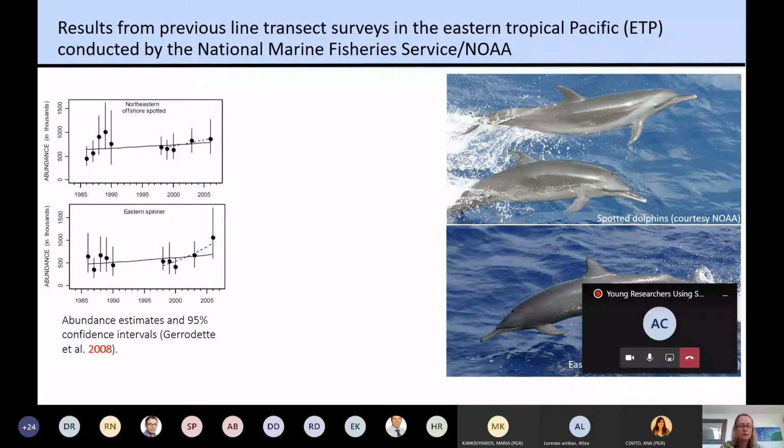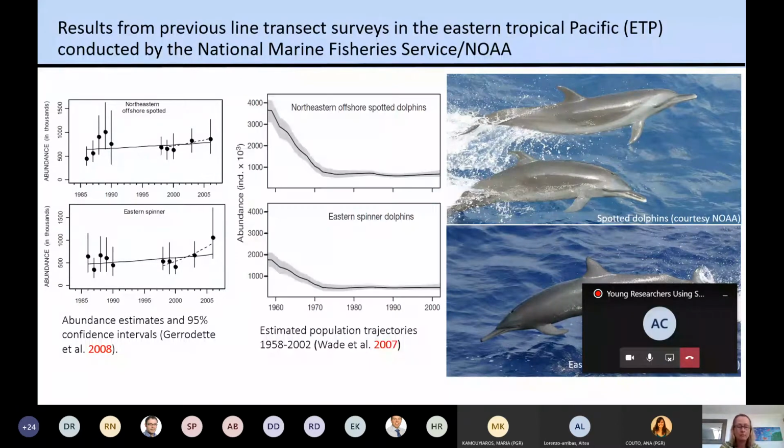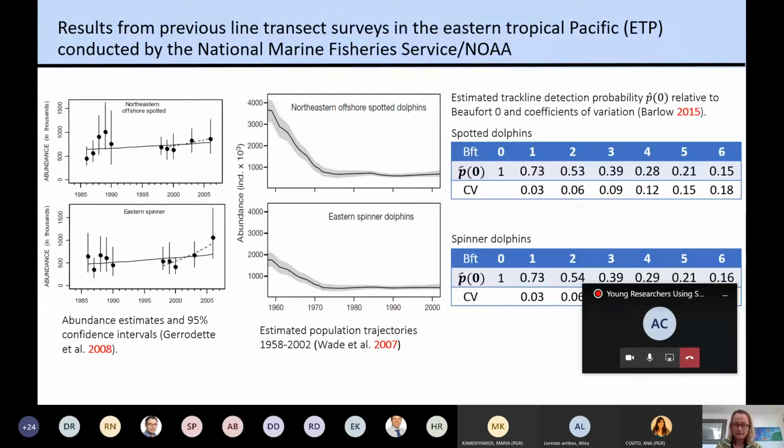So those abundance estimates also feed into population trajectories that you see here in the middle. This combines these abundance estimates with mortality data from the 50s and the 60s, for example, and you see that the dolphin populations don't seem to recover, hence the continued importance to conduct these surveys. So these are from the last decade, these publications, but recent evidence has shown that